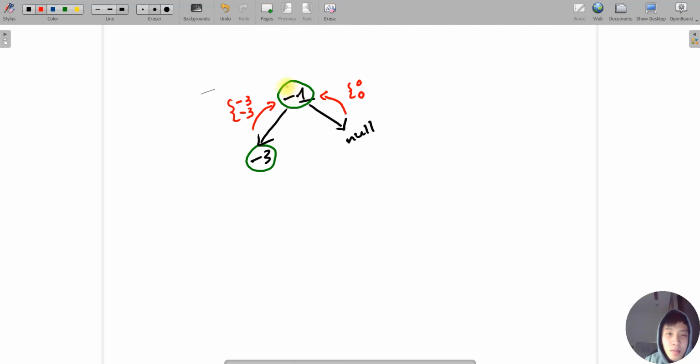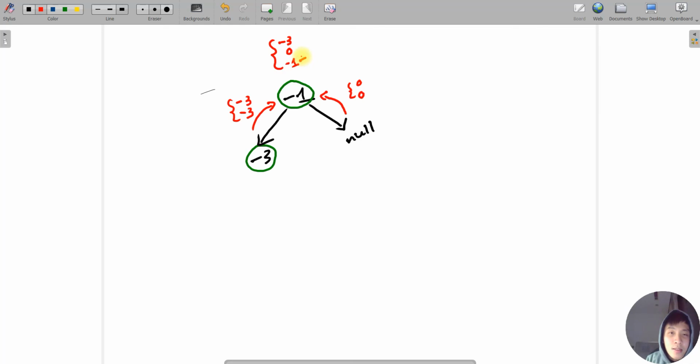So at -1 we now compare three values. Let's say -3 is the max sum on the left, 0 is the max sum on the right, and the path with max sum going through the root will be, in this case, -1